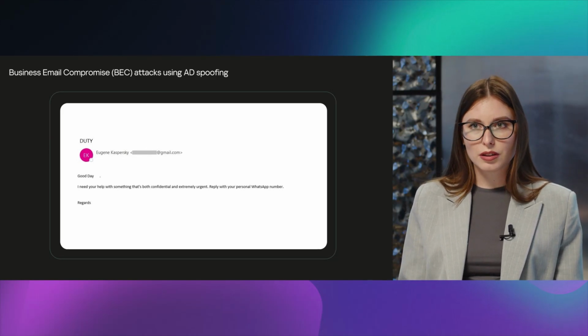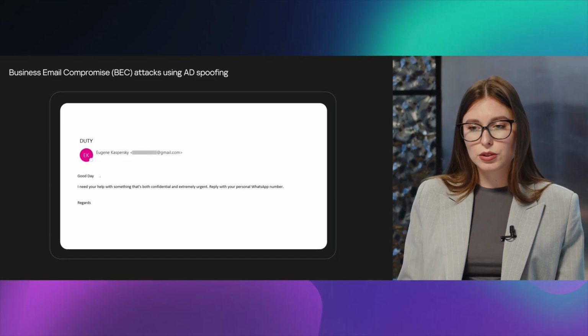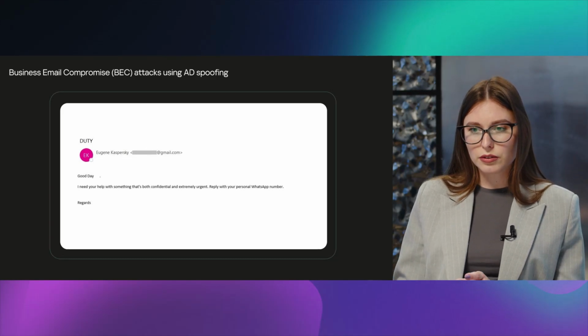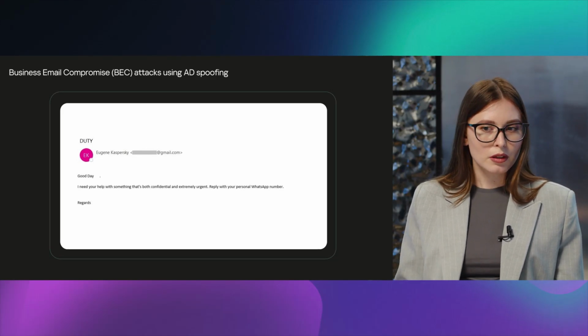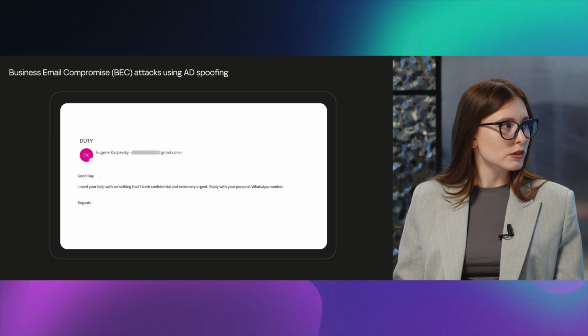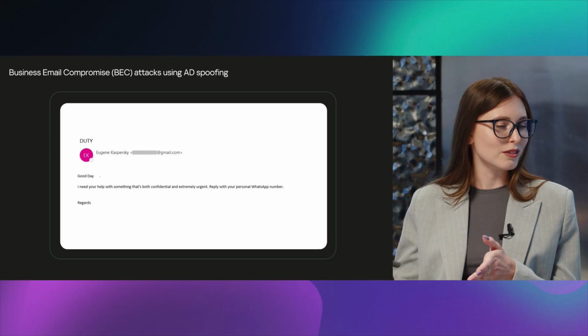As a rule, by this term, we mean messages that are personalized and targeted to specific individuals within organizations. So the goal of the attackers is to convince their victims to perform some actions. They could, for example, steal some data, so they will extort the data, or they will make the employee perform some actions that are harmful for the company.